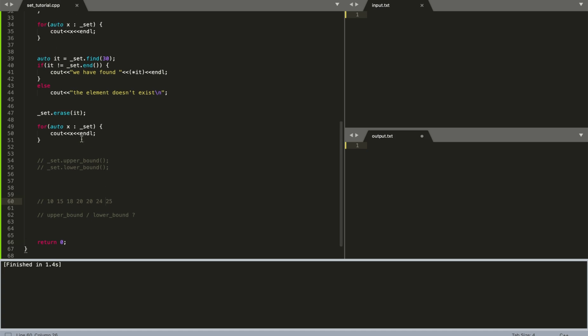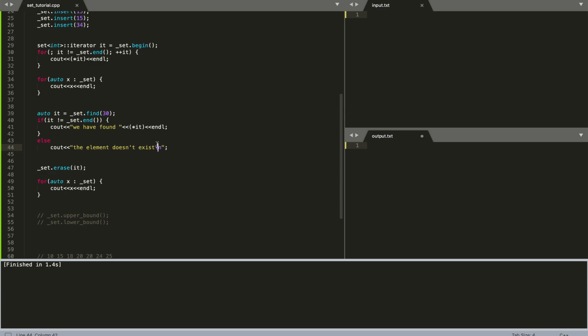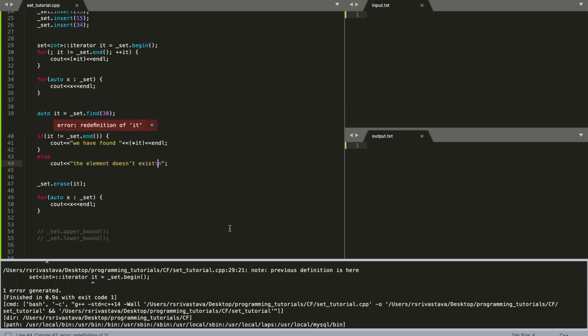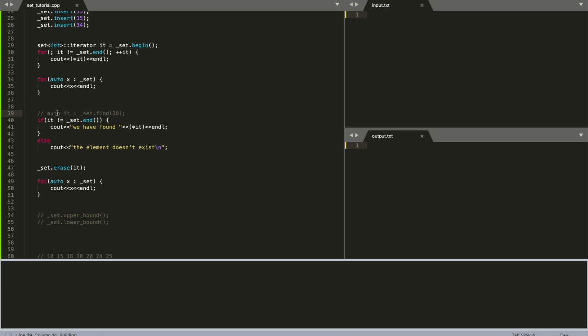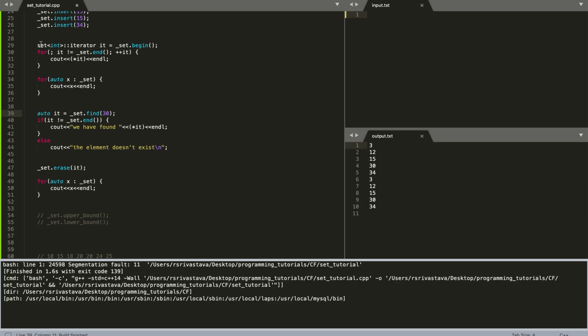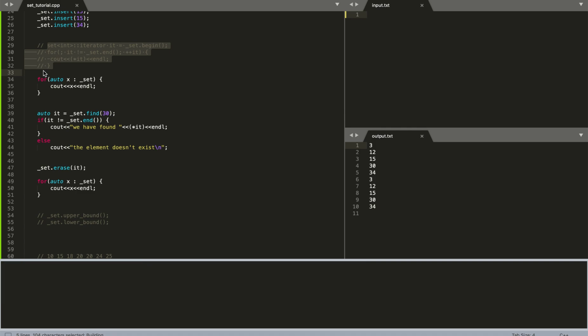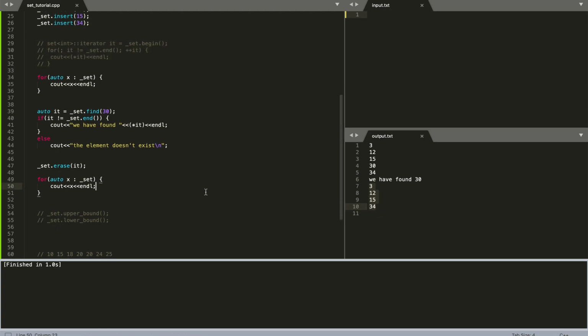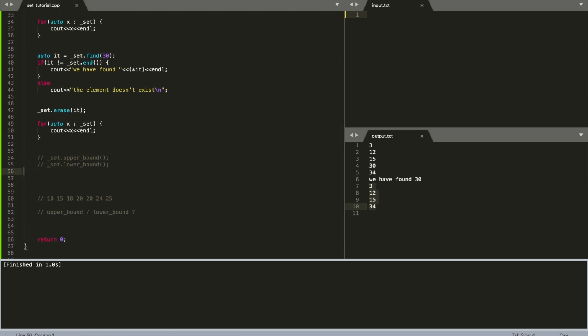So in our case, let me just quickly print again and see what we had. Okay, I get what the issue is. Okay, so yeah, we saw that in the end we had 3, 12, 15 and 34, and if we try to find basically set.lower_bound and set.upper_bound, let me just